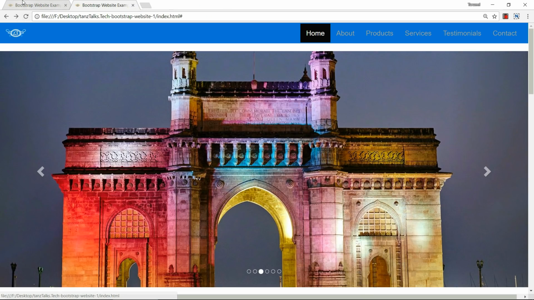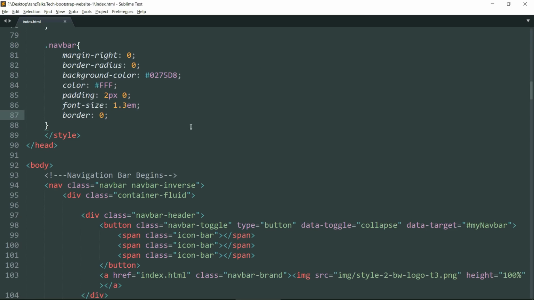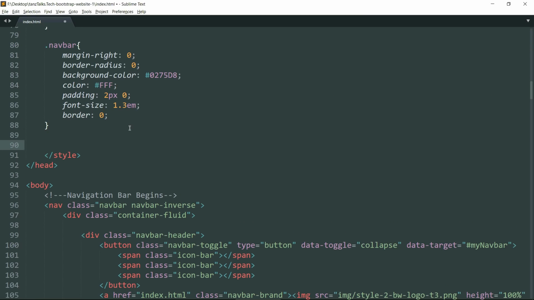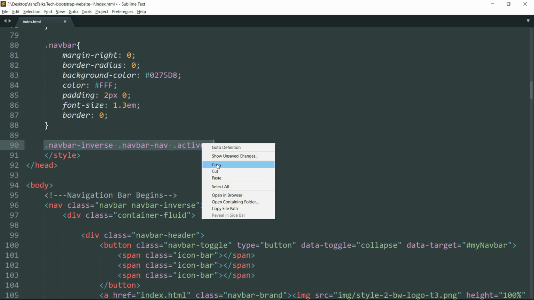I think that shows the active link. Now type .navbar-inverse .navbar-nav .active a, and a comma. Now I'm going to just copy this entire thing up to a. Copy this.